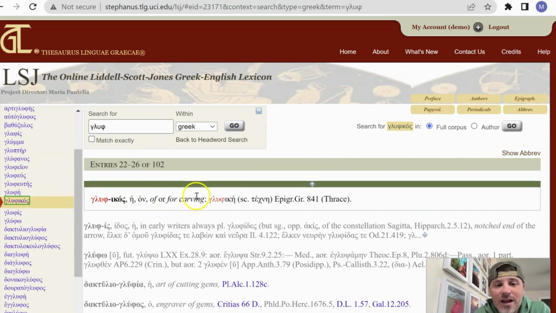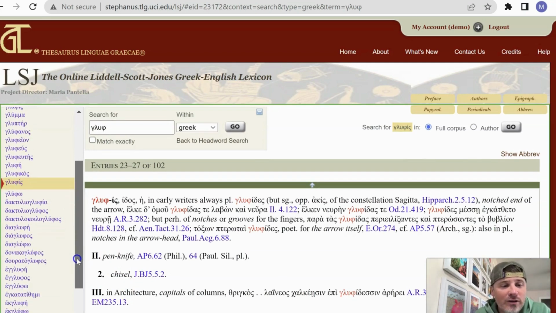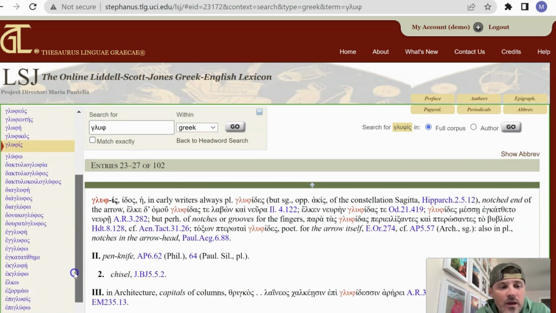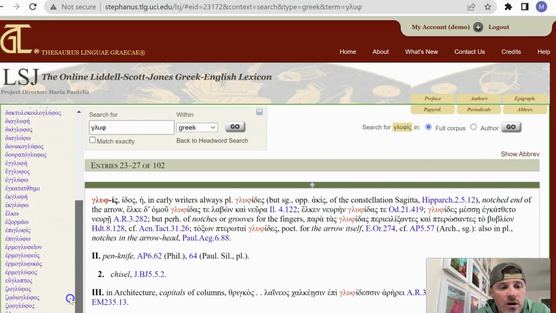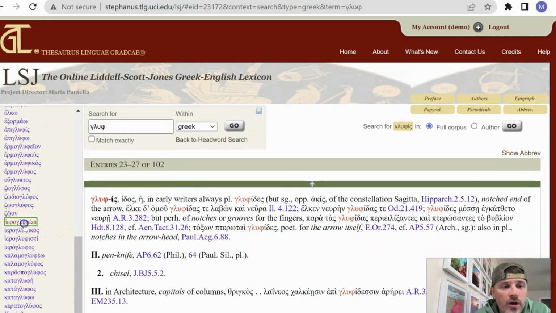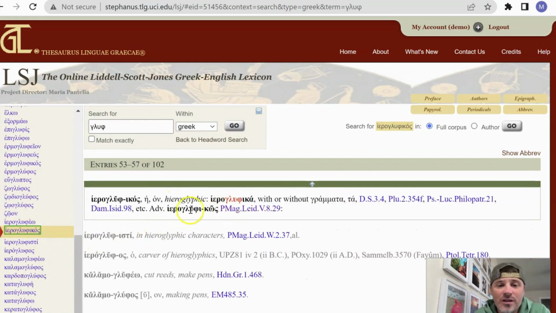glyphikos, having to do with writing or carving, or glyphis. You can see this has to do with the chisel or the knife used for carving. Let's see. Let's just look at another one or two. Here's the one I just mentioned a moment ago, hieroglypheo, to represent hieroglyphically, or hieroglyphikos, hieroglyphic,